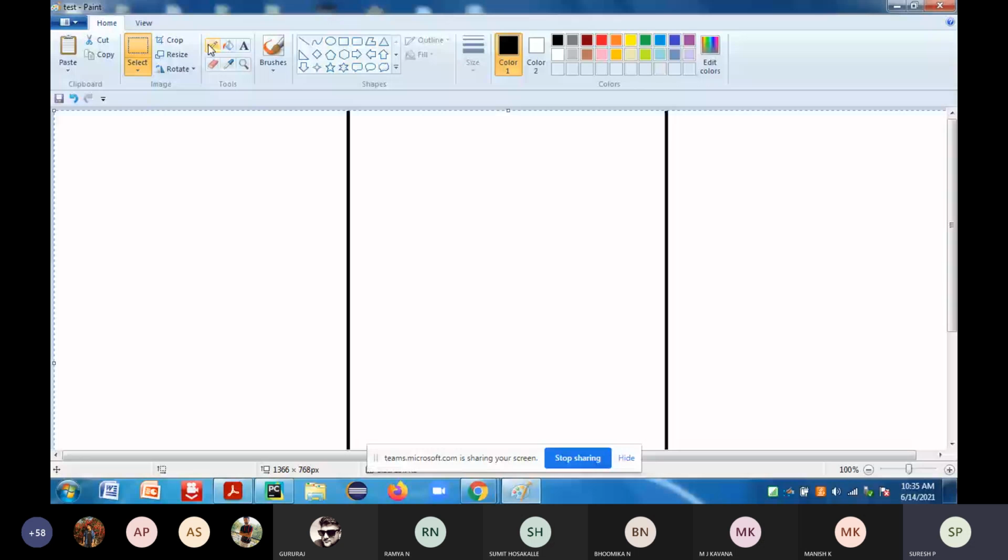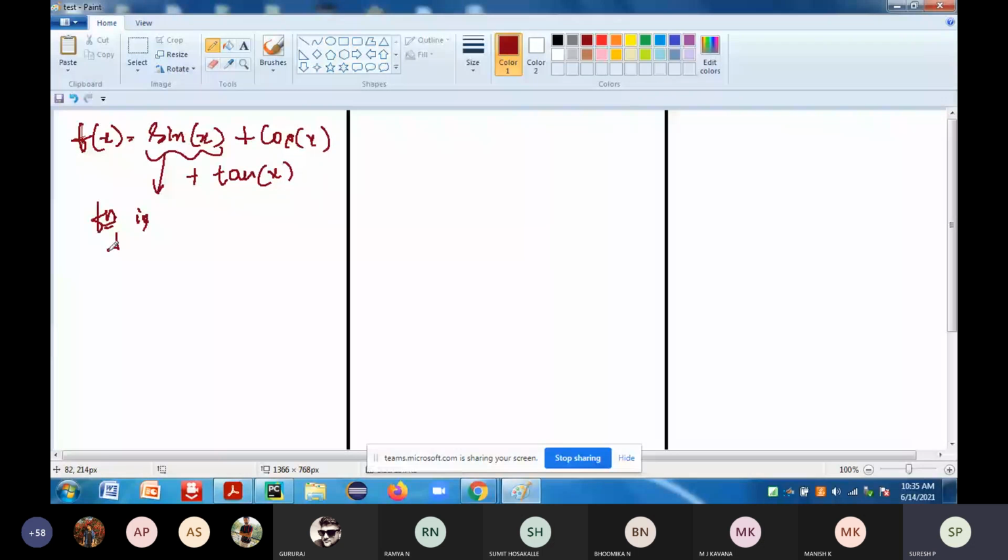So as I told you, f of x will be equal to sine of x plus cos of x plus tan of x. Now this function is different, this cos x is different, and tan is different, but the value of x you are going to calculate for is the same for all.